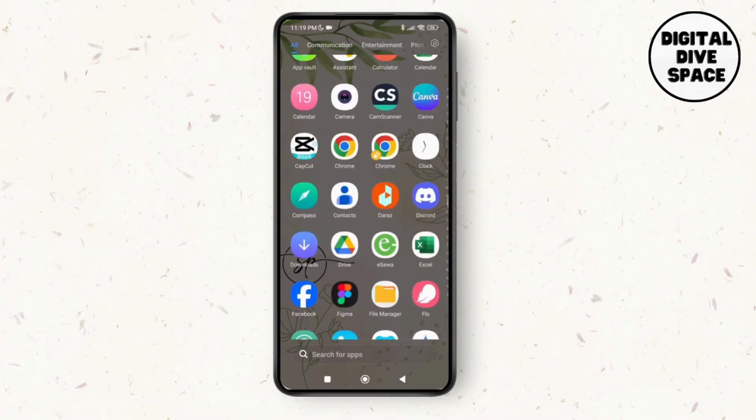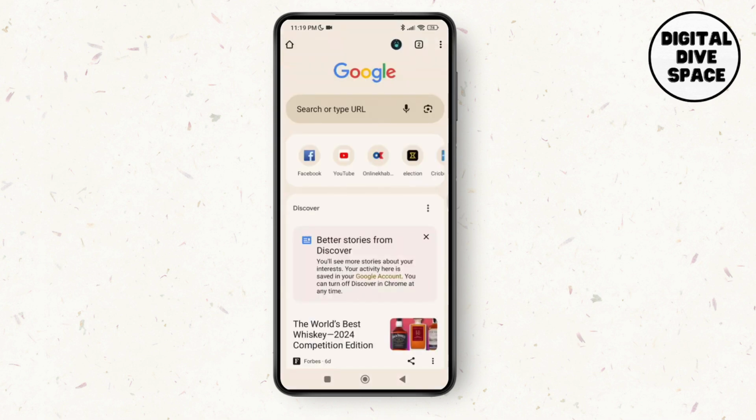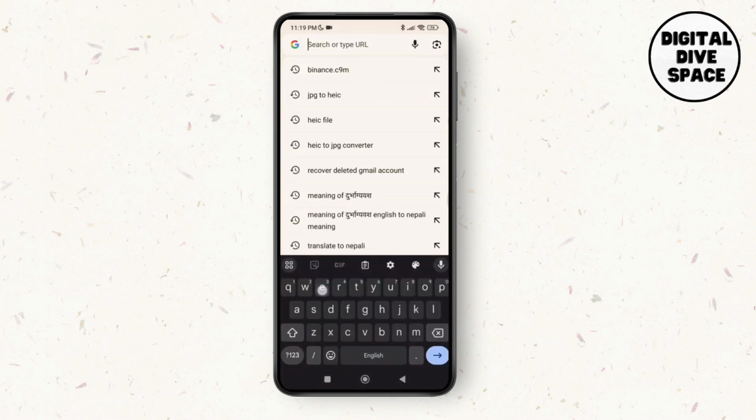So first of all, launch the Chrome browser on your device. Make sure you are logged into your account. Also check for a stable Wi-Fi connection on your device. Now tap on the search bar and search for Excel